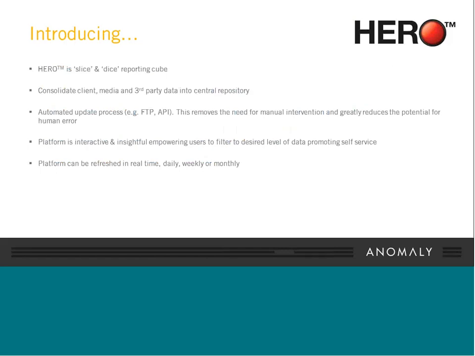And so it removes the manual intervention of me having to copy information or send it manually. The platform is completely interactive, and so I as a user can interrogate the data that's on there. If I was a marketing director, I can log into the system and understand how our sales are tracking today, where we are getting our sales from, and how we are forecasting the sales for the next week or month. And it's refreshed in either real-time, daily, weekly or monthly, depending on the client requirements.